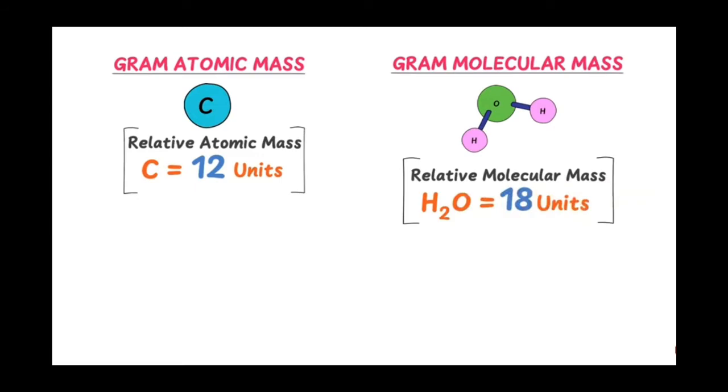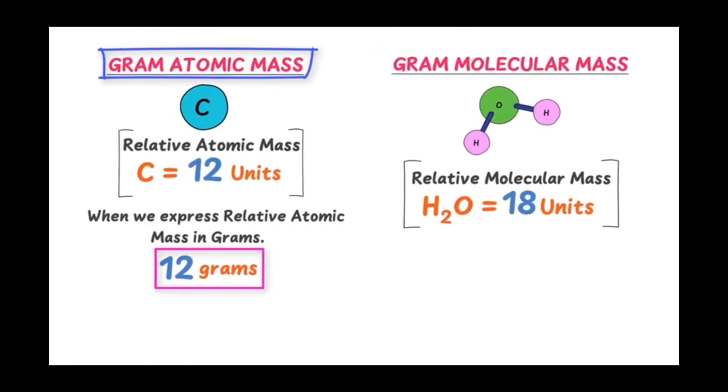We know that the relative atomic mass of carbon is 12 units and the relative molecular mass of water is 18 units. When we express the relative atomic mass of carbon in grams, it is 12 grams